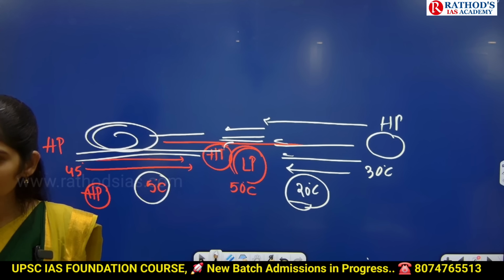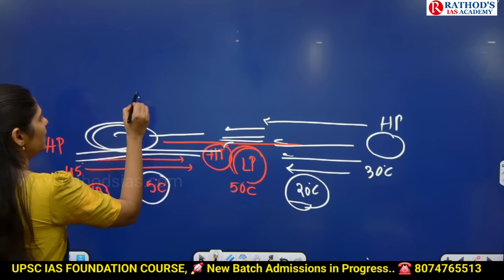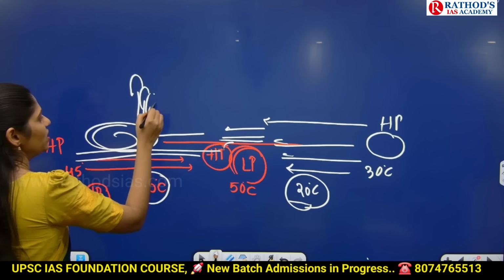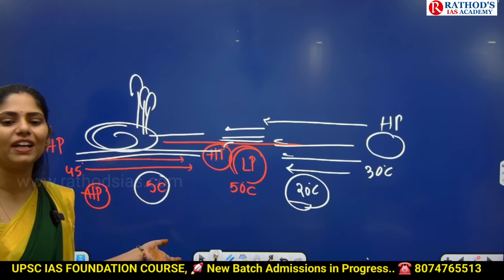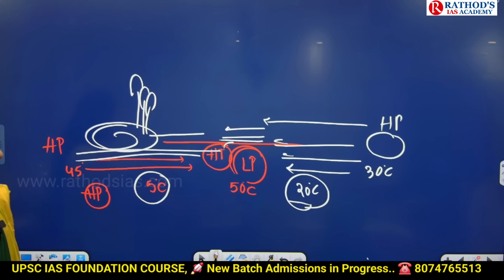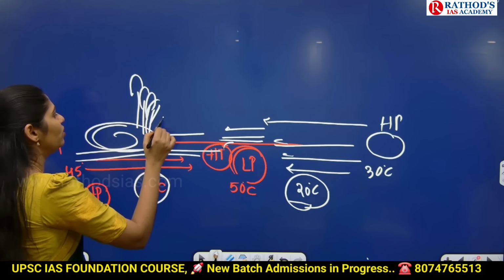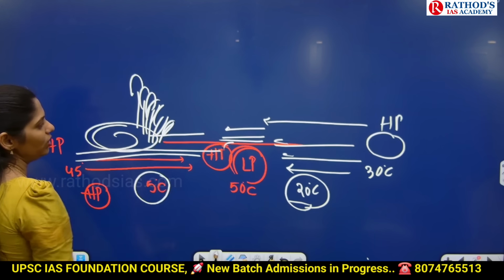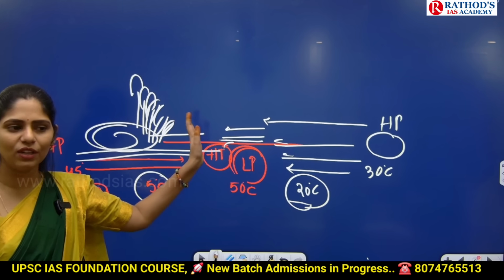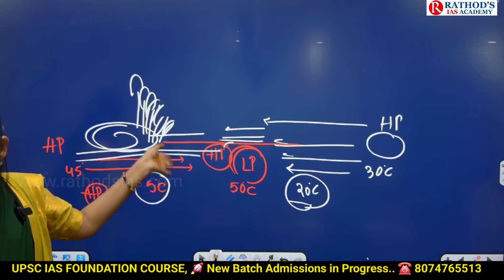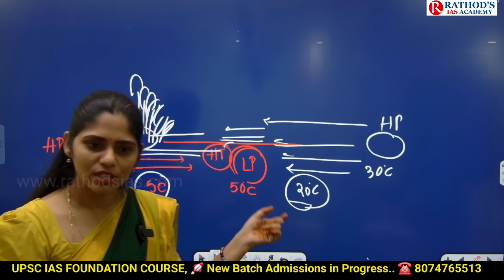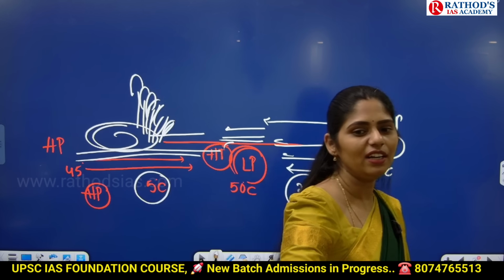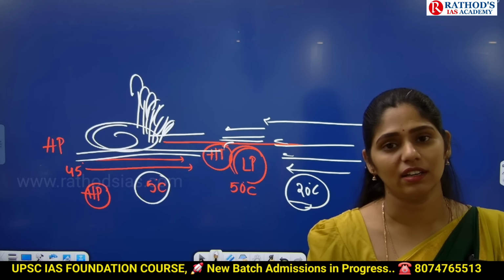So to control this phenomenon, what we can do is identify from which direction the wind is moving, and in which direction the spreading of desert is happening, and in that area we will plant trees. So that the wind speed will be stopped by these plants, and the spreading of desert will be stopped. That is called the Great Wall of China.